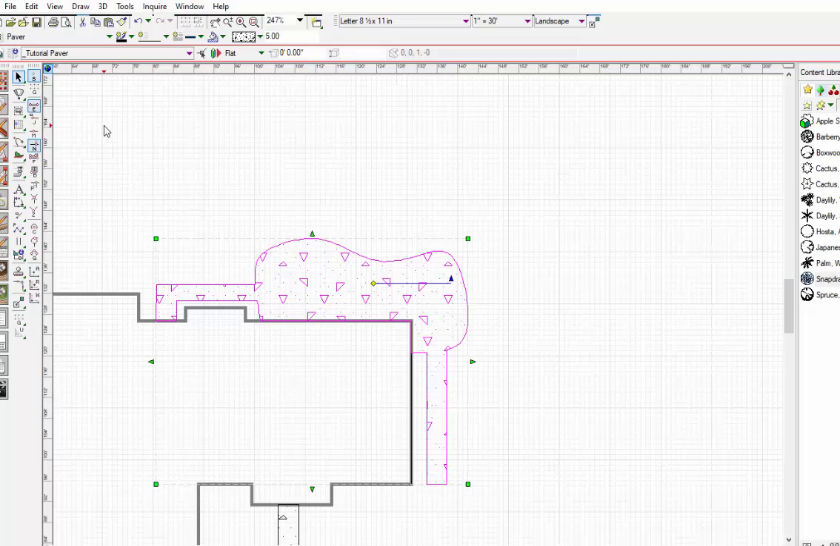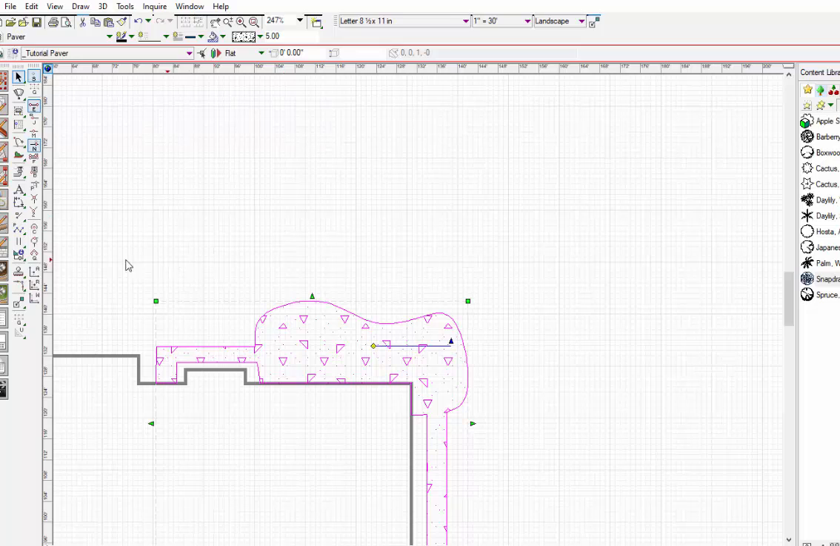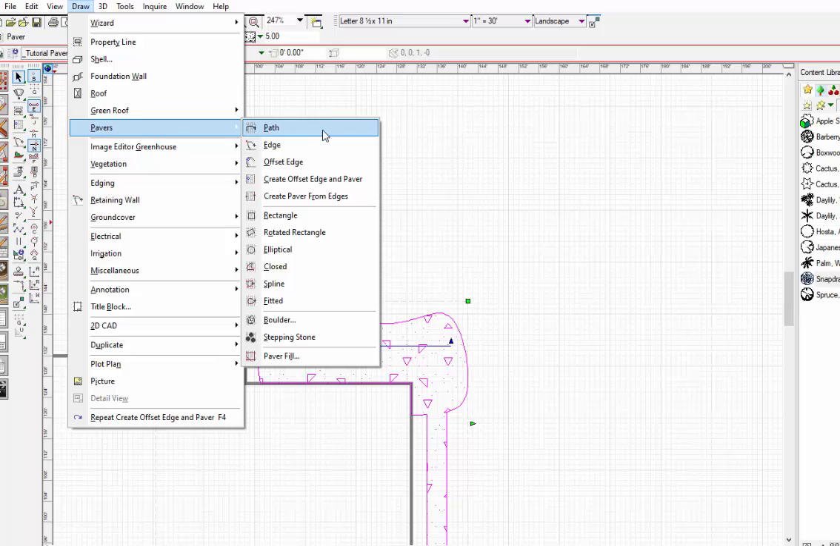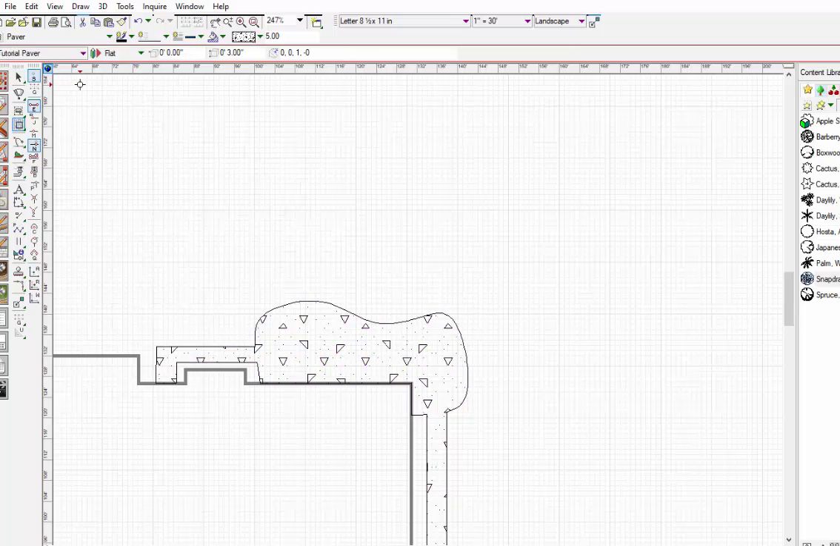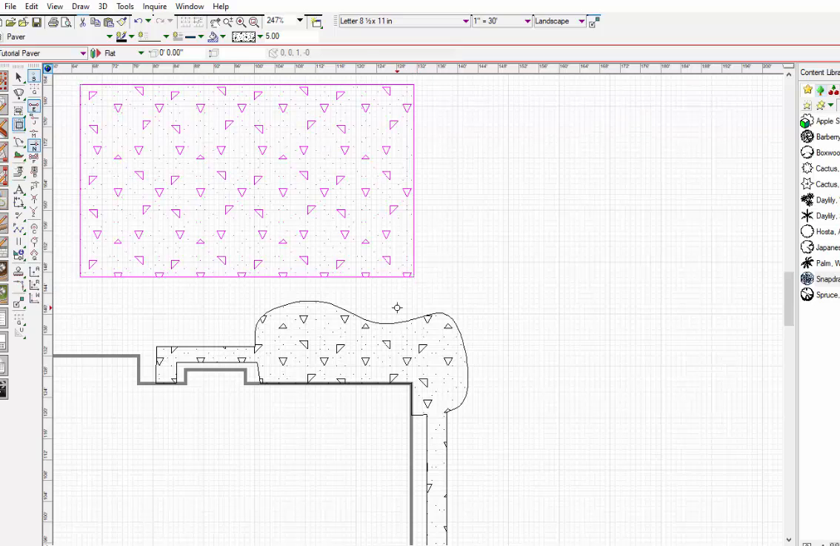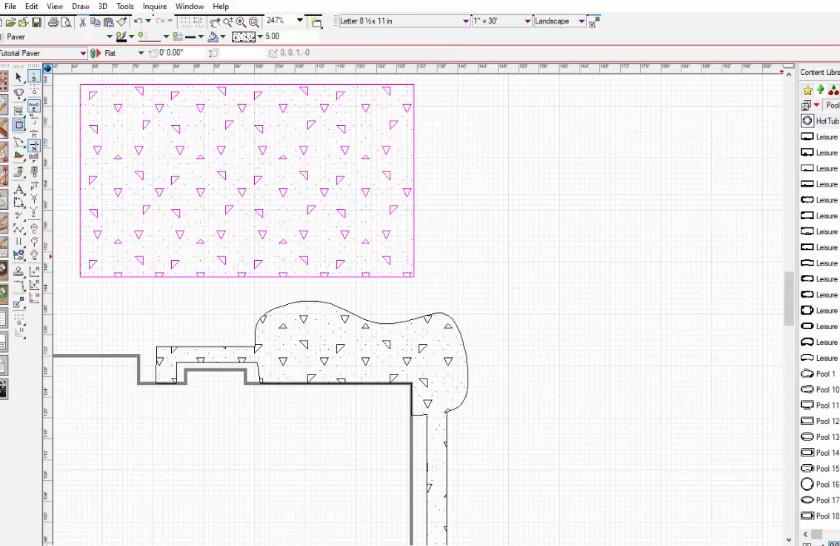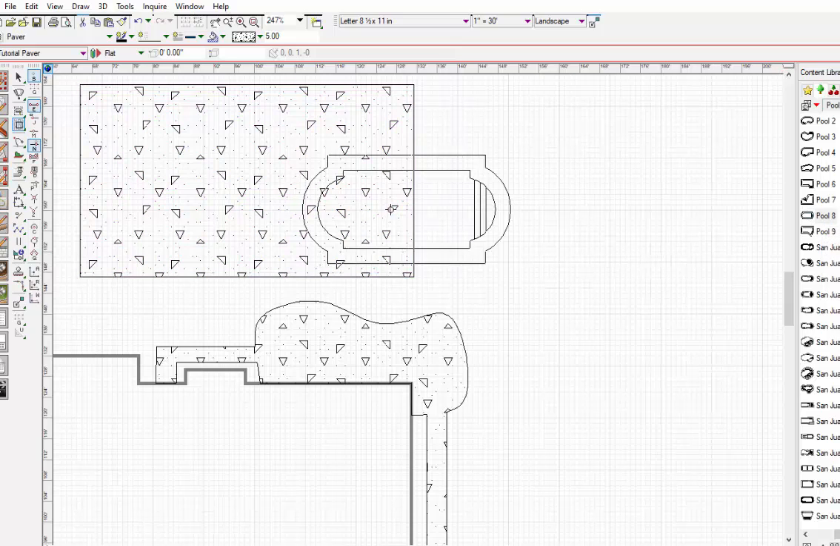All right, next what we're going to do is a pool deck up here. We're going to demonstrate a tool that's called the Insert Poly tool, which is a very useful tool. First, I'm going to draw in a paver. It's just going to be a simple rectangular paver area like so. Then we're going to go over to our symbol library, and I'm going to go into miscellaneous and then pool. Then I'm going to put a pool in,